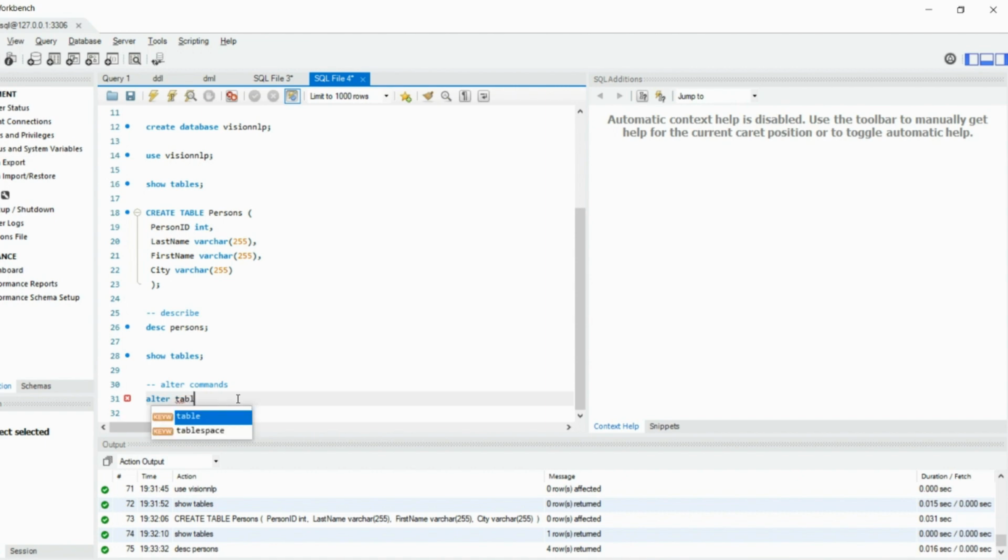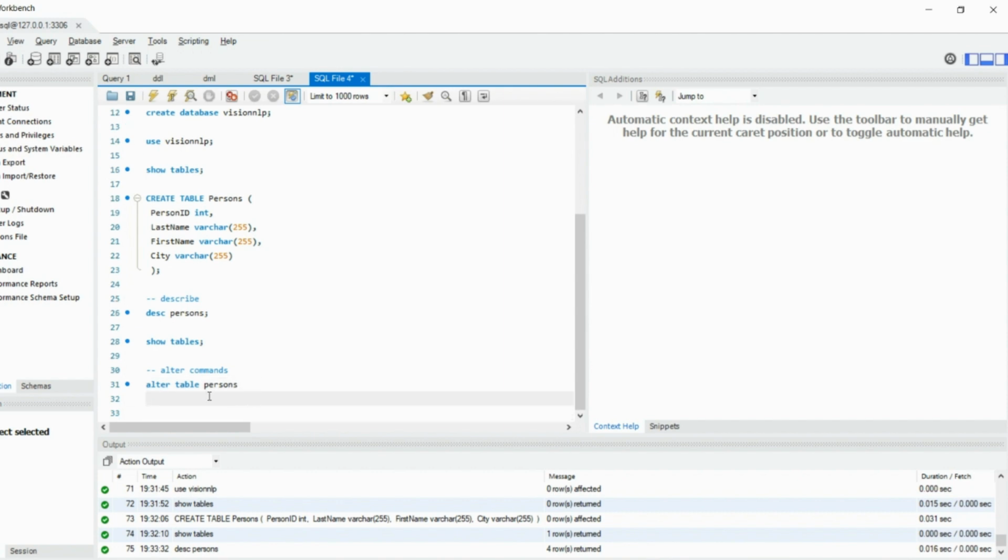Then you have to provide, basically you would like to do the operation on a table, so that's what you have to provide, and then the table name. So the table name is this, basically persons. Then you would like to probably add an additional column. So similarly add, I just wanted to add probably the person's email address. So email, and email is nothing but this